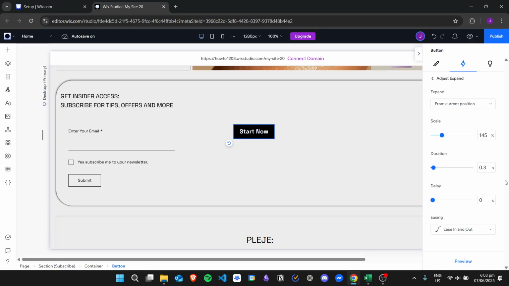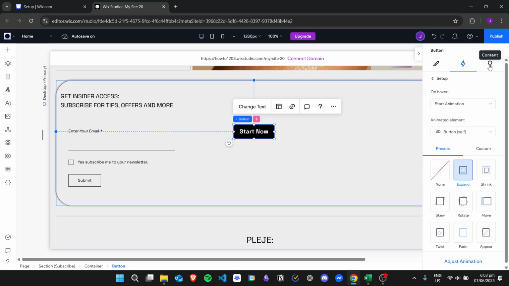You can change the scale. So if you want to preview this, just click on preview. If you want to make it bigger, you can do so as well. You can make it smaller. And then you can change the duration. For example, you can choose 1 second, but it's too long, so we'll stick with 0.4. And then the delay if you want to, and then if you want to change the easing of the effect. Then once you're done, you can just